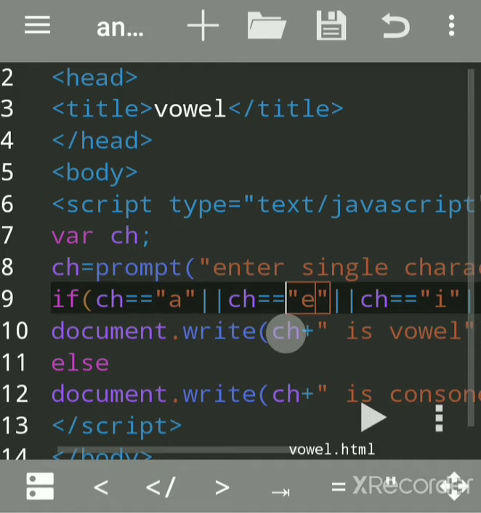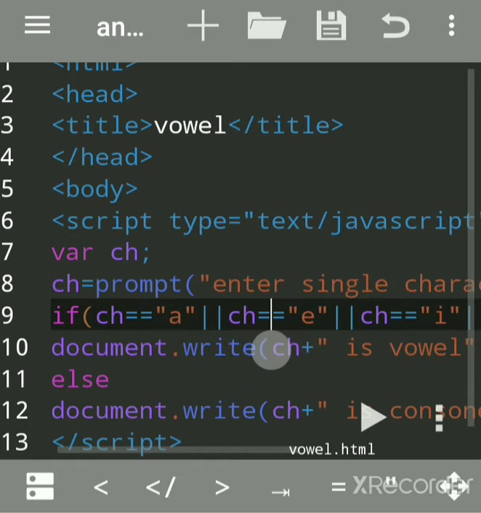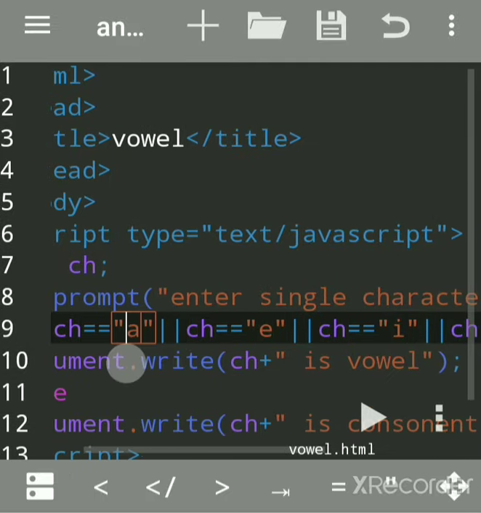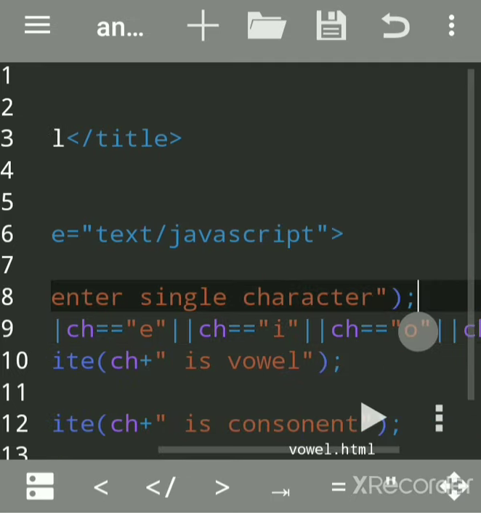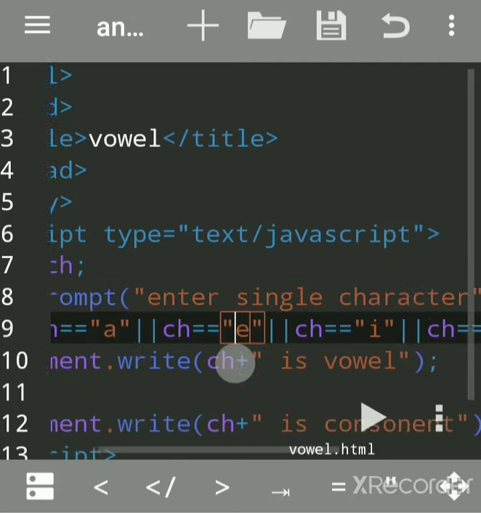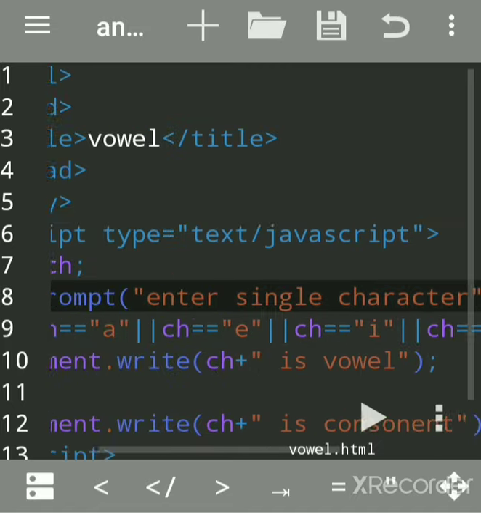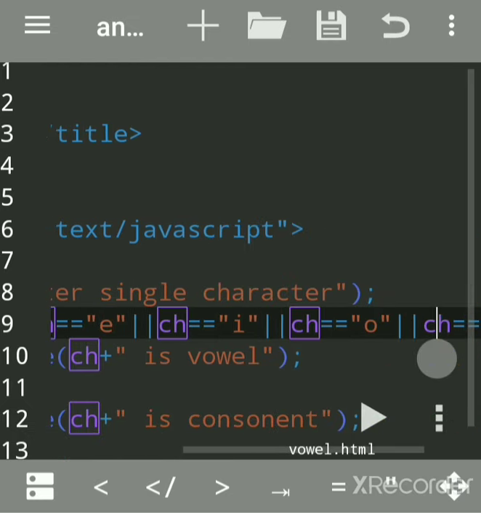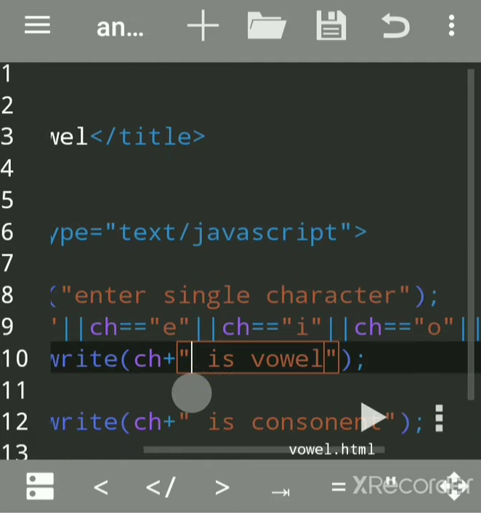If any one of these conditions is true, because there are so many conditions since we can enter either a, e, i, o, u or something else, then with document.write we will print that it is a vowel.